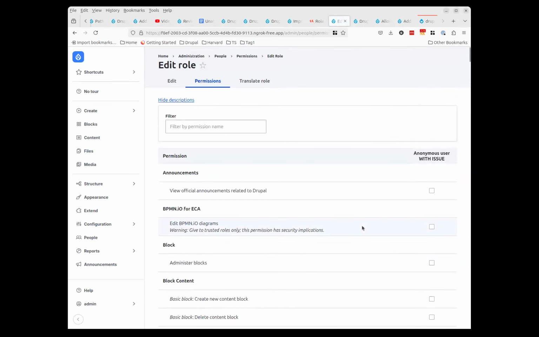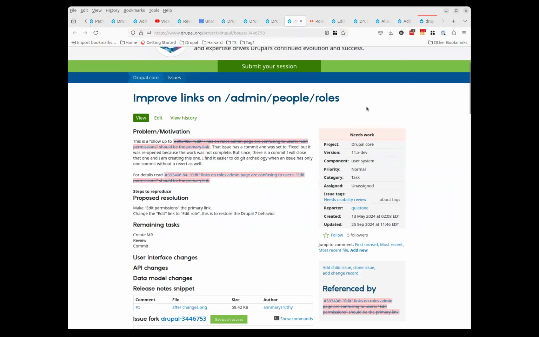I like the idea of it being most commonly used, but there's always that trouble of how do you define what is the most commonly used one? I think generally we can use, in this case, permissions is obviously going to be the more commonly used one. But that may not always be so cut and dry if we're talking about it in the context of some kind of standard or principle around how we would apply this pattern. But I think that's out of the scope for this issue, so I'll shut up now.